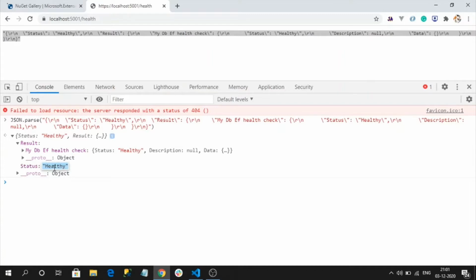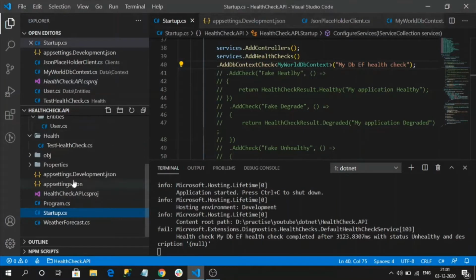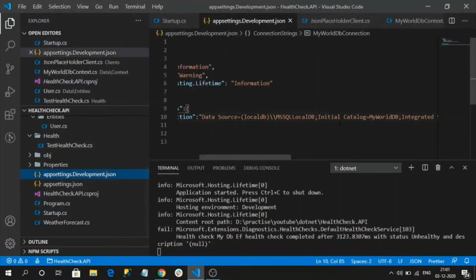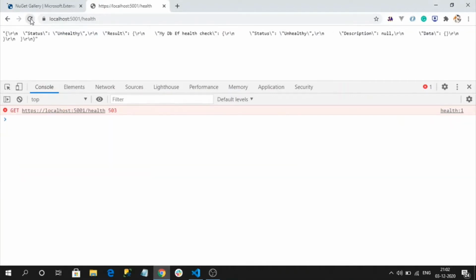To cross-verify the unhealthy state also, what we will do is give an incorrect database connection string. I am changing to some incorrect database name. Now after saving this, if I refresh, the report should be unhealthy because it is not a valid connection string, right?